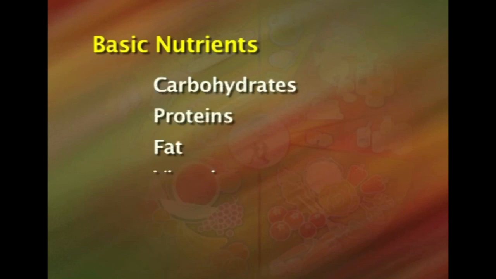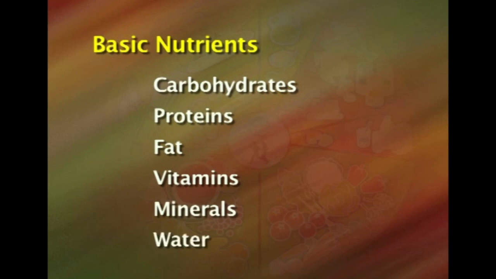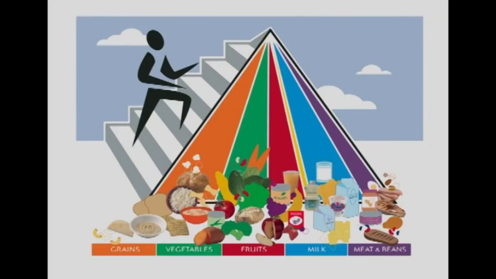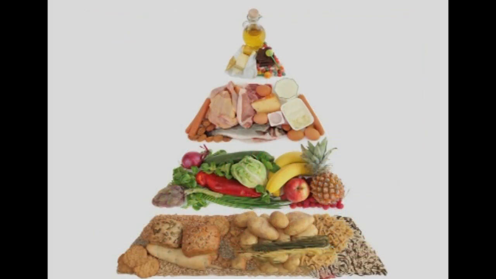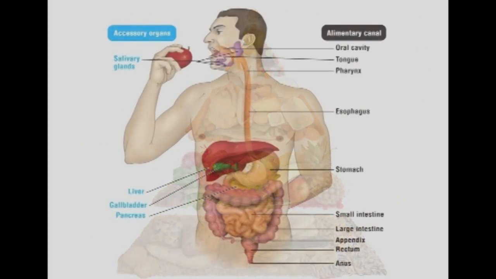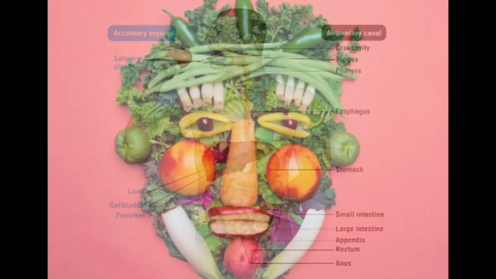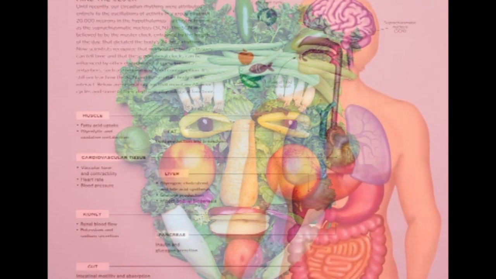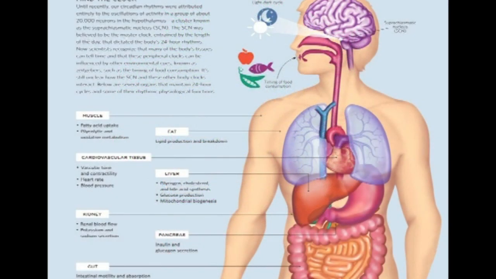There are 6 basic nutrients that we need to eat in our diet, which are namely carbohydrates, proteins, fat, vitamins, minerals, and water. So basically, nutrition is the science of food and the other substances therein, their action, interaction, their balance in relationship to health and disease, and the processes by which the organism ingests, absorbs, transports, and utilizes various nutrients and disposes of their end products.